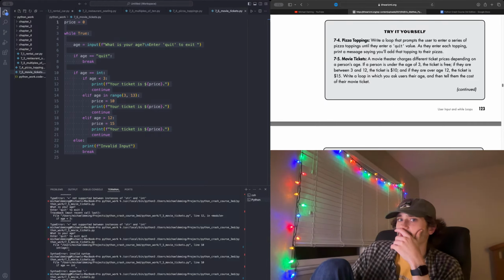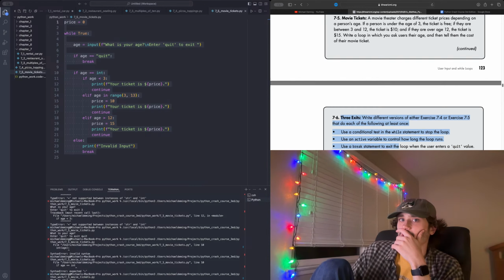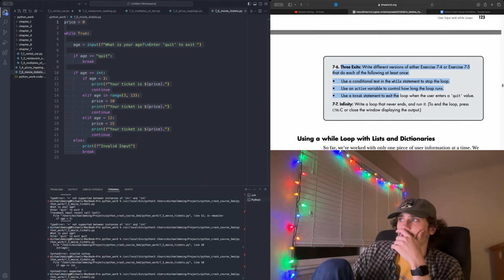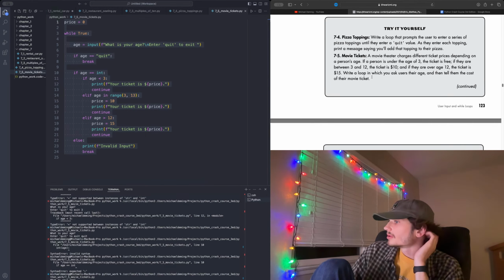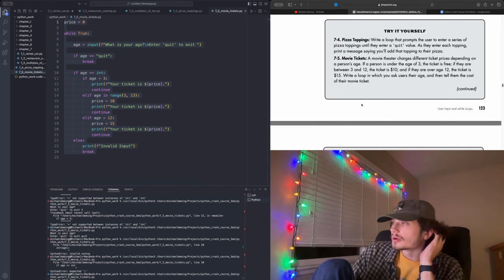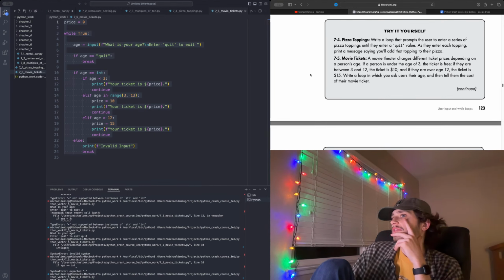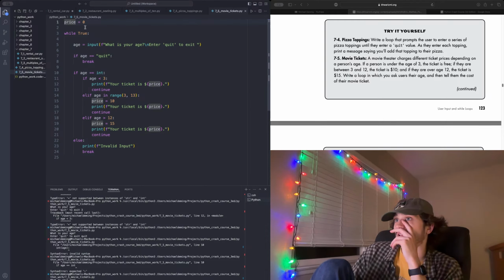I'm not going to do this guy here. I'm not going to do this guy because it's just the same thing I've been doing, or the infinity one. So in movie theater charges, so we have price is equal to 0. While true,